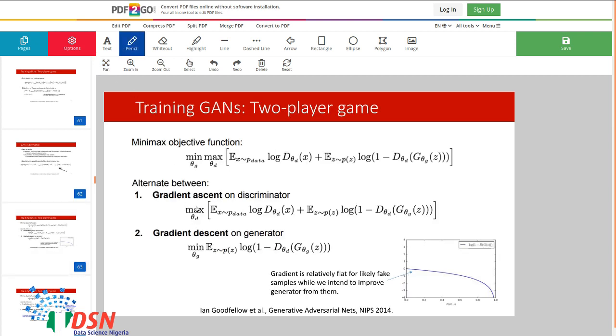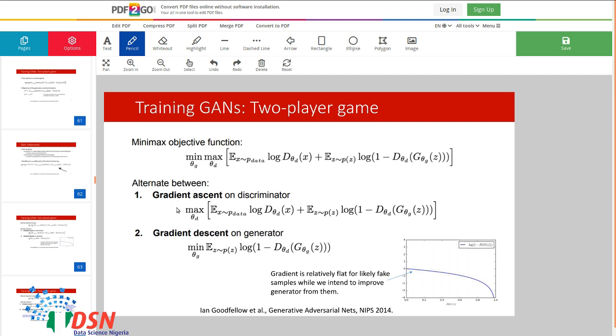To solve this problem, in other words, we want to minimize this thing with respect to the parameters of the generator network and maximize with respect to the discriminator parameters. We could alternate between these two.